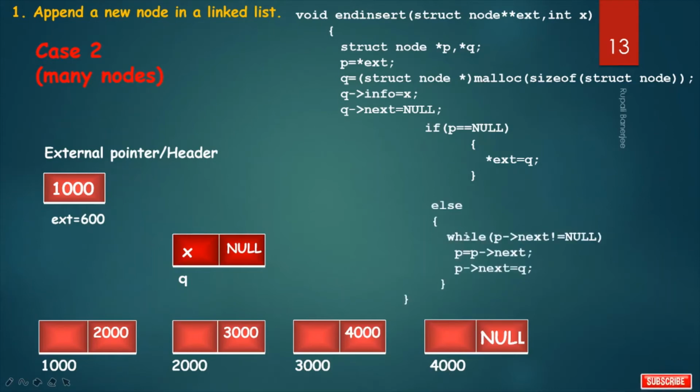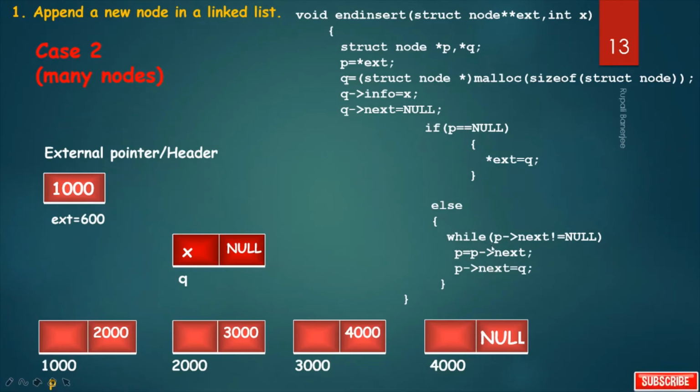I start one while loop: while p arrow next not equals to null, p equal to *ext. *ext means the value at ext, which is 1000. So p holds the starting address of the node. So this is our p. Now, while p arrow next not equals to null, I have to traverse the whole linked